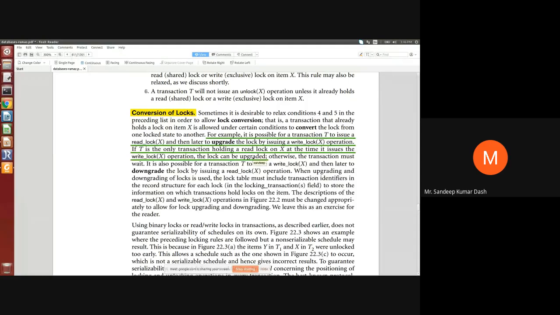So you can downgrade the lock. Either you can upgrade or downgrade. Downgrading is easy because you had a write lock, which is a superior lock. When you downgrade, the writing facility will be taken back, but you can still read. But if you have a read lock and you are requesting a write, then it will be checked whether any other transaction is writing it or not, because you have a read lock only. Another transaction may also be writing or reading. If no one has any other lock on that, then you will be allowed to have the write lock.